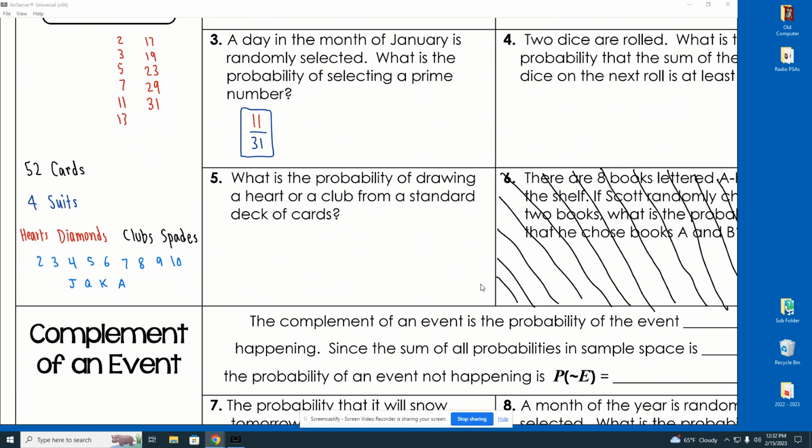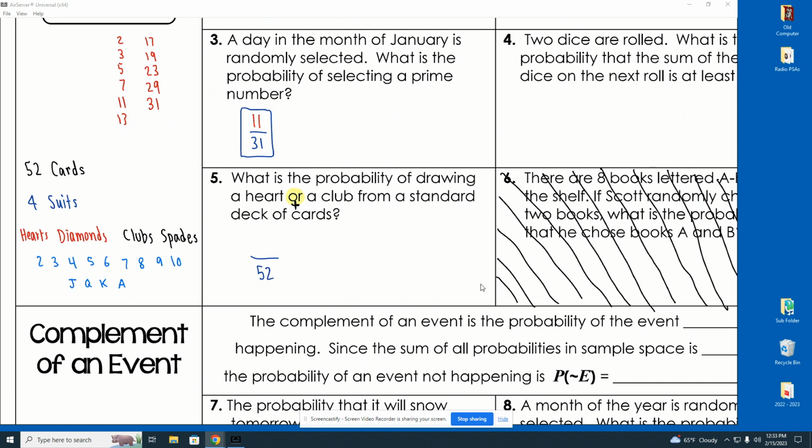So, number 5. What's the probability of drawing a heart or a club? All right, there's another word here that's real key, and that is the word or. In math, ors happen on simple events. Simple events mean single events. But sometimes you have a single event that could be this or that. Well, or in probability means we add. We add. It's still a single event. And the bottom number is still how many cards are in a deck, 52.